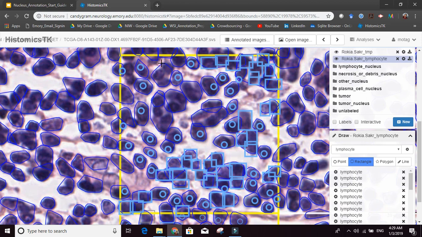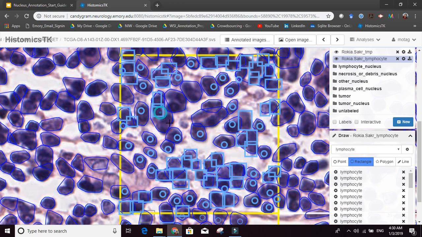And then you can see there's 3 of them here, so let's do this. 1, 2, 3. There's one here. There's one here. And there's one here. Okay. These are 2 lymphocytes that the computer kind of thinks are 1, so let's do those. Let's break up this cluster here, so let's do it.